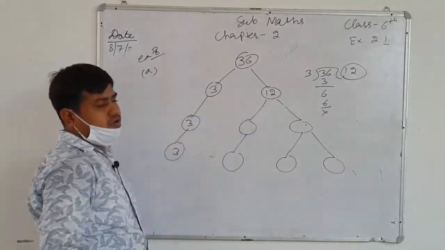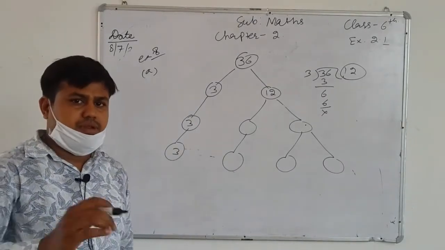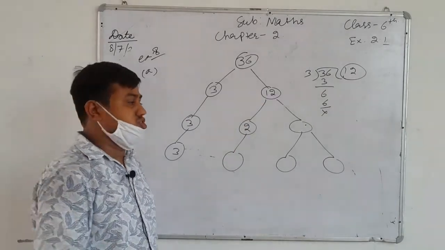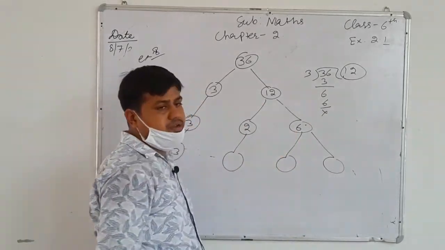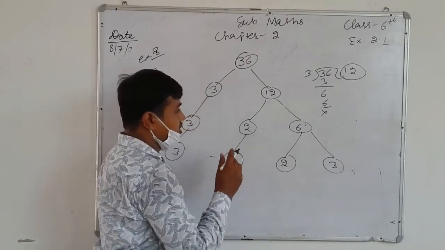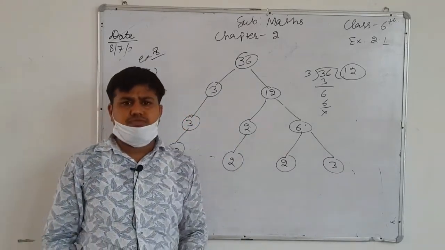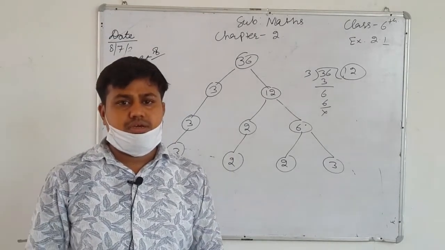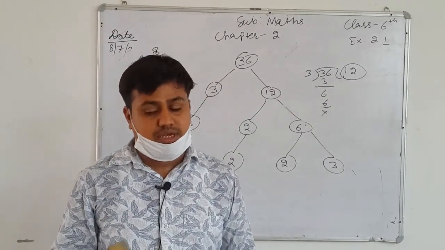3, 3. We know that 12 is an even number. An even number is divisible by 2. So if we divide 12 by 2, we get quotient 6. And if we divide 6 by 2, we get 3. 2, same here 2. So exercise 2.1 है जो आपकी complete है. Is there any doubt? So you can discuss with me. Thank you so much. Thank you.